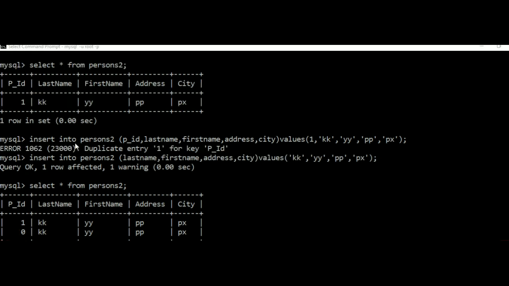Now for the second time, I am trying to insert the value 1 here. Previously I have already inserted the value 1 for PID, and now again I am going to insert the value 1. So it has thrown me an error. What is the error? Duplicate entry 1 for